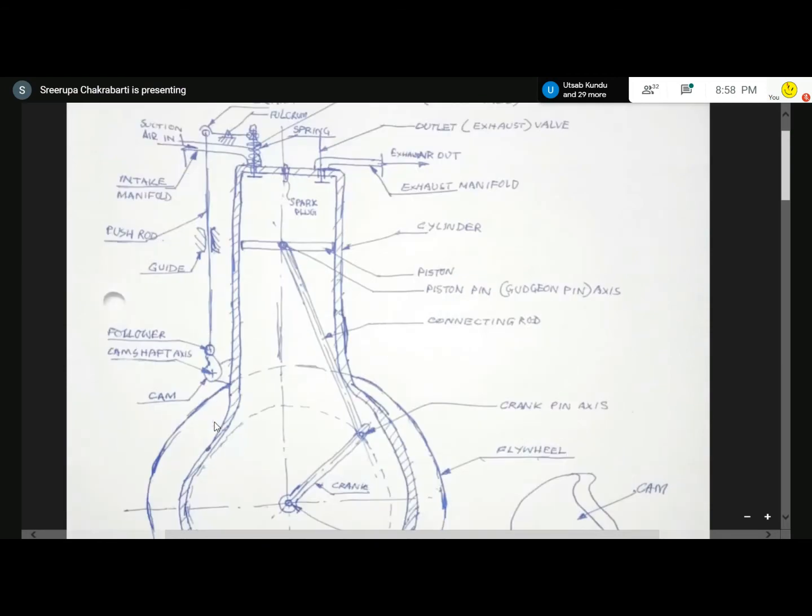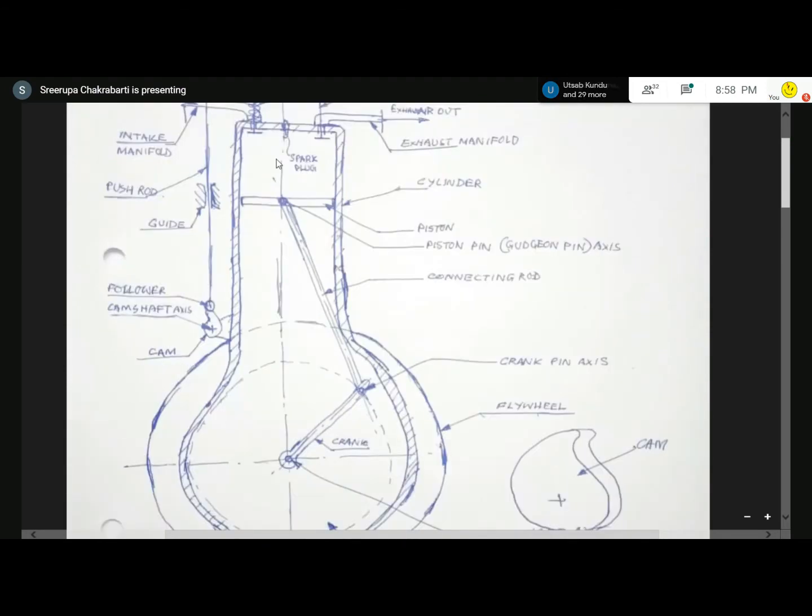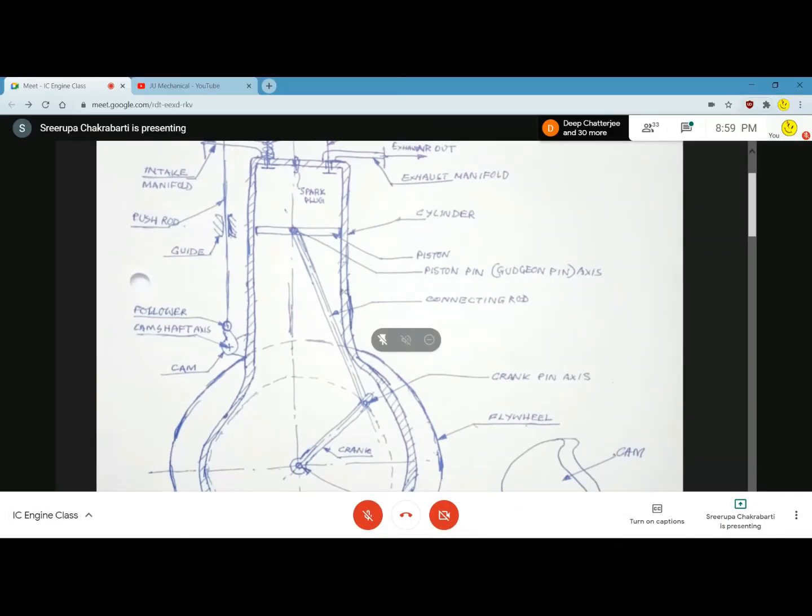So I have explained the movement of the piston and the movement of the connecting rod, which is oscillatory. The piston pin point moves up and down, and the crank pin rotates in a circle, and that is why the central axis of this crank also is rotating. In order to harness power, the central axis, which is rotating in the form of a shaft, we connect to the generator. The generator produces electricity. So this part I have explained.